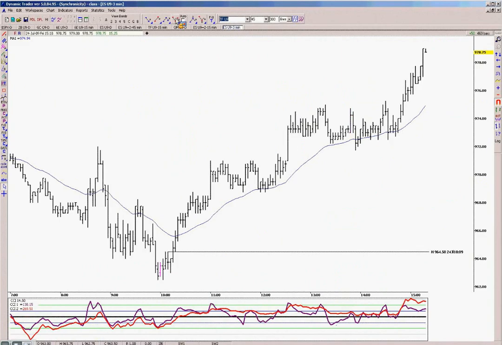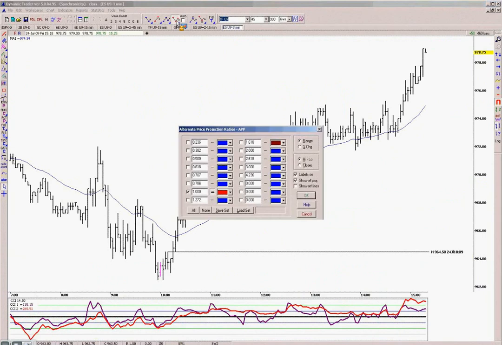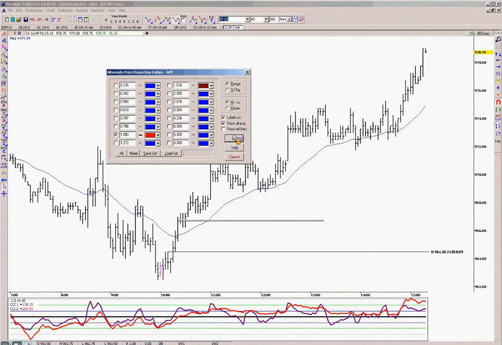Symmetry projections are run using 3 points, and this tool here in TradeStation, it's actually called an extension tool. In eSignal, it's actually called an extension tool. It gets very confusing. I go over that in the book. Bottom line, no matter what they call it, it has to be the tool that allows you to use 3 points and run 100% projection of a prior swing.